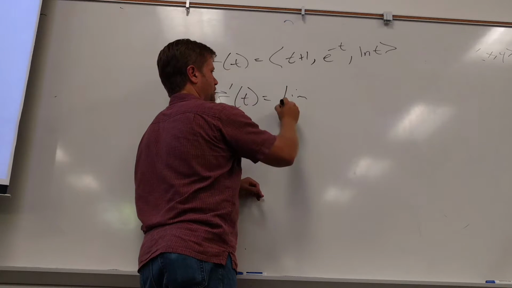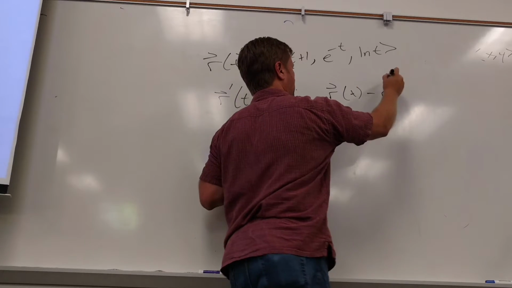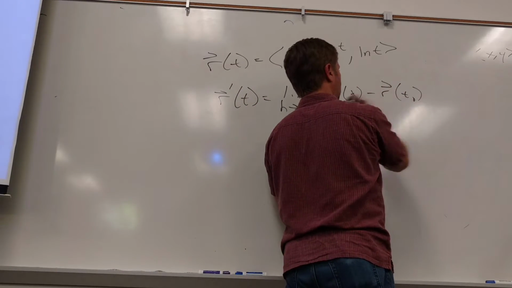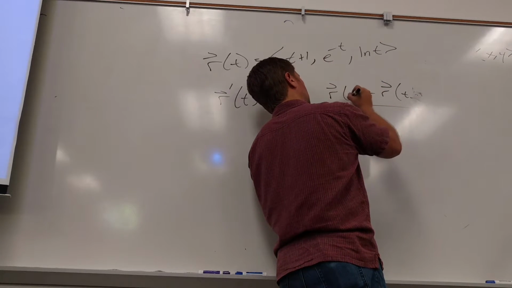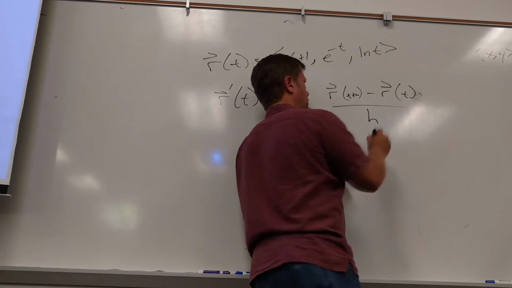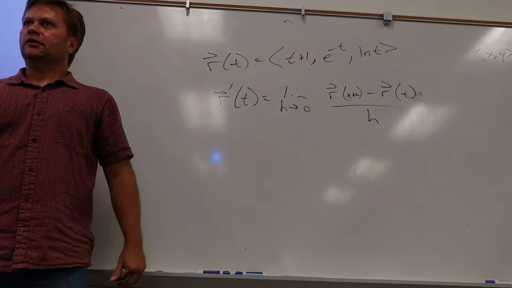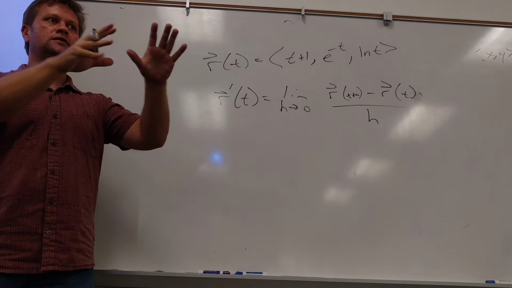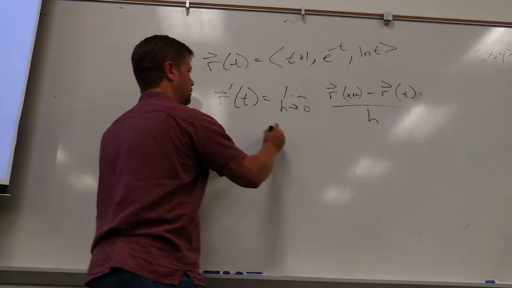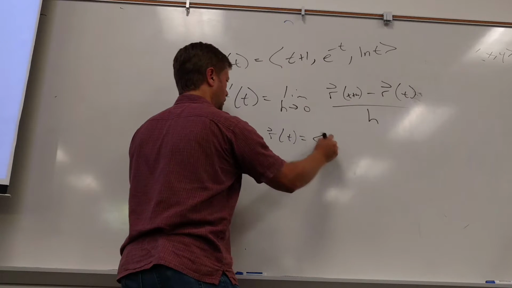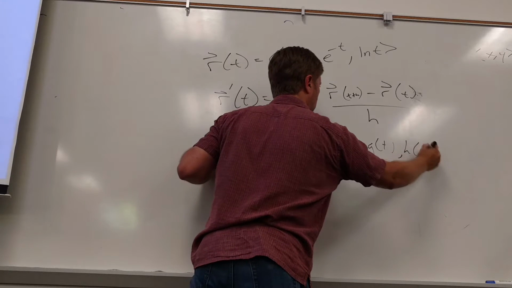Well, it's the limit as h goes to 0 of r of t plus h minus r of t, over h, which looks disgusting. But remember, I can replace this with all its components, and then I can attack each component of it, right? So if I say that r of t is f of t, g of t, h of t,